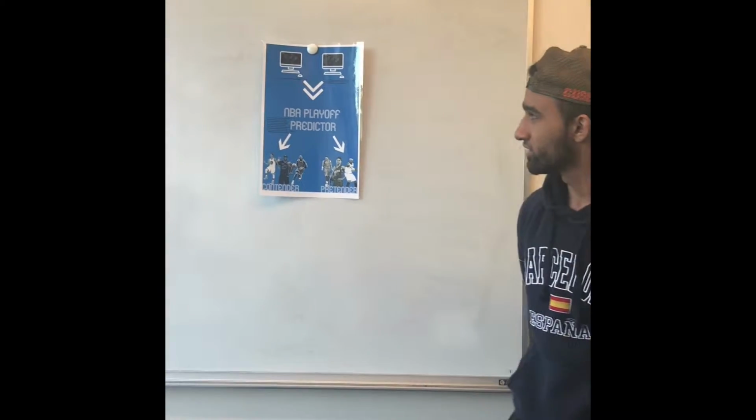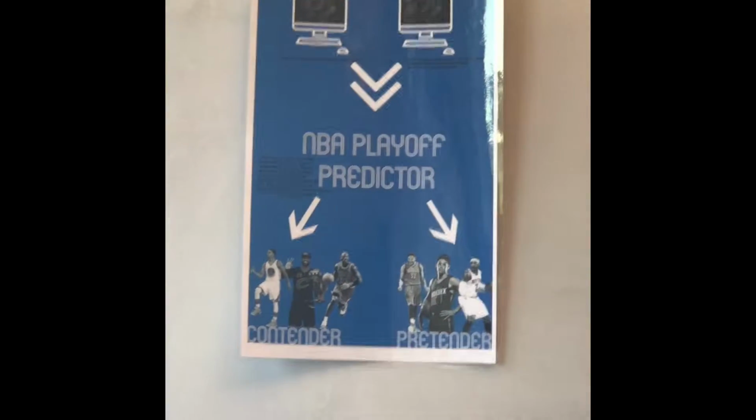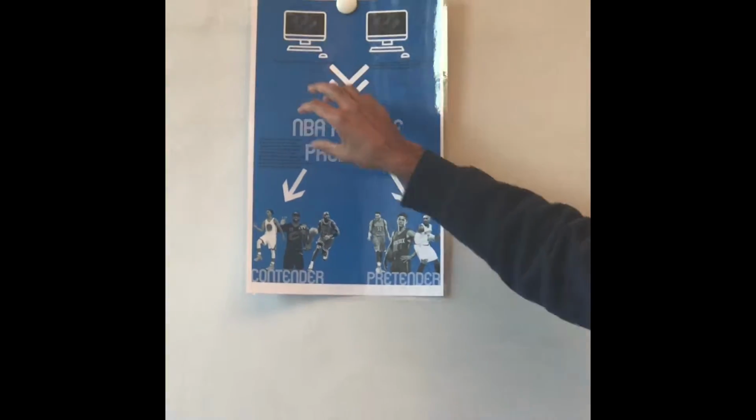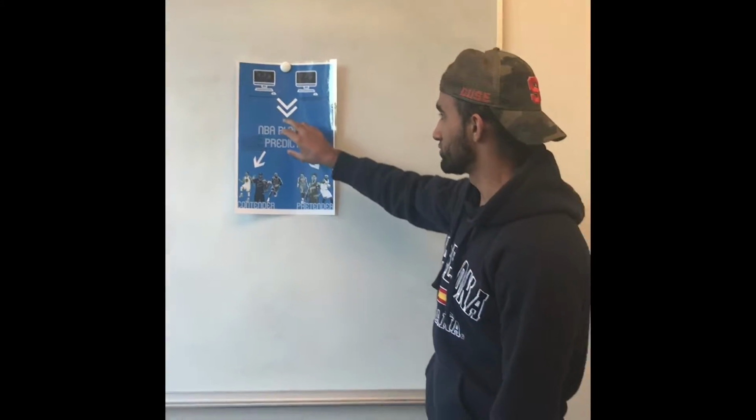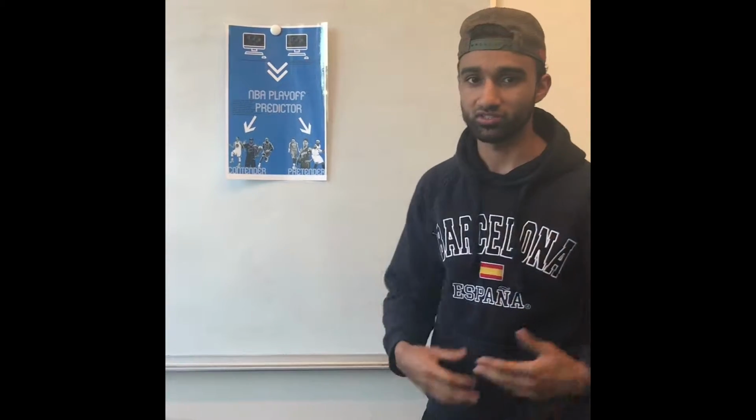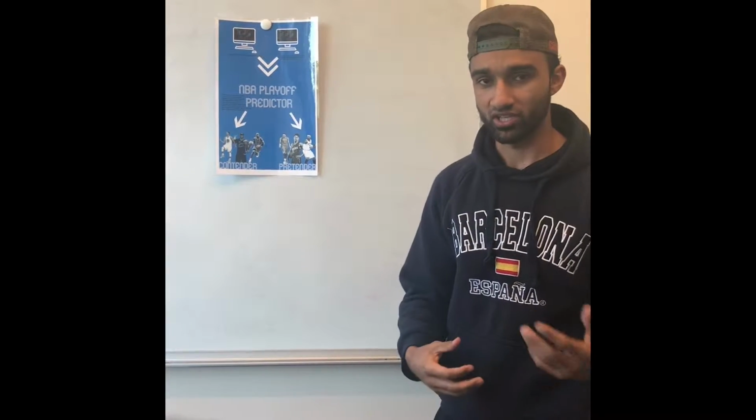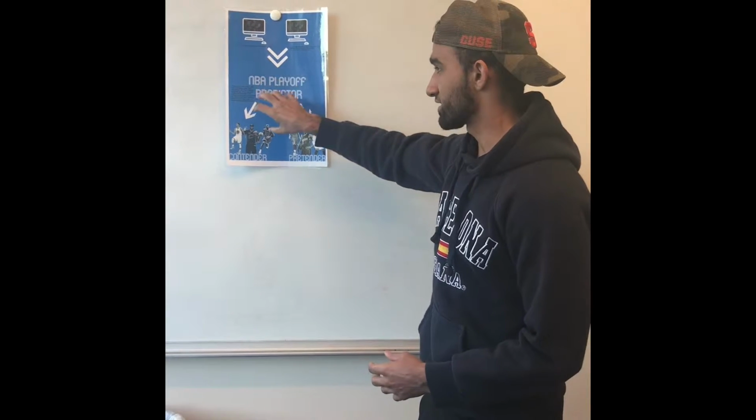So June, Ross and I decided to work on a project. We coded an NBA Playoff Predictor. So basically what it does is it will take the input of the user, which is the NBA team, and then it'll reach out to the API, which has all the statistics for the past few years related to that team. And then it takes that and compiles it together,